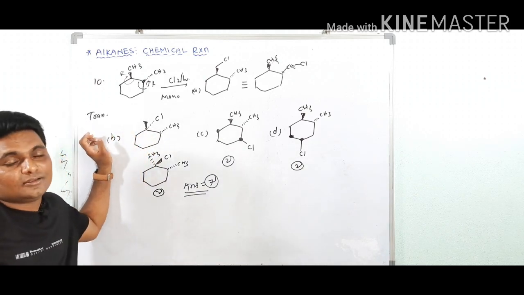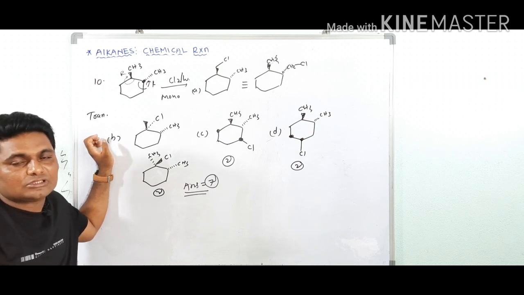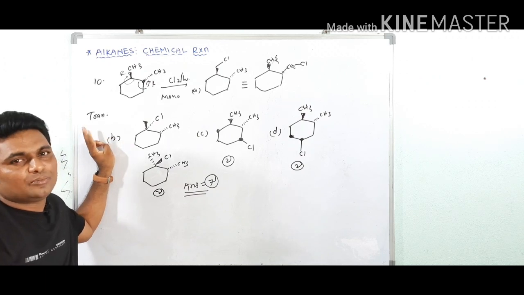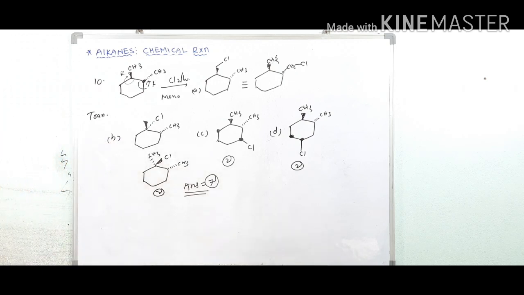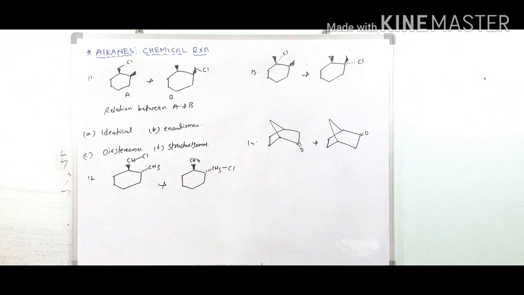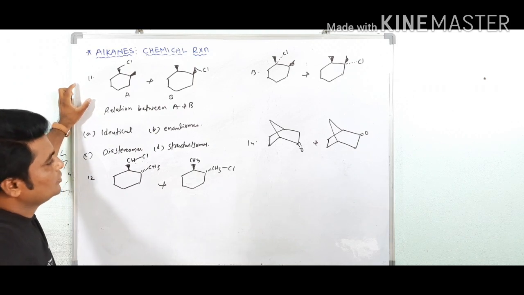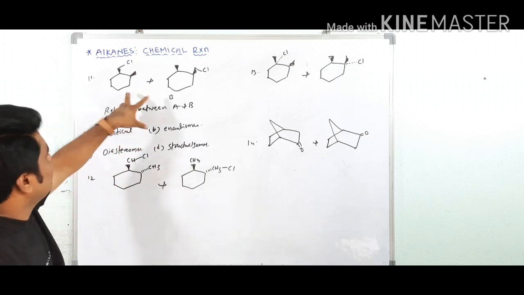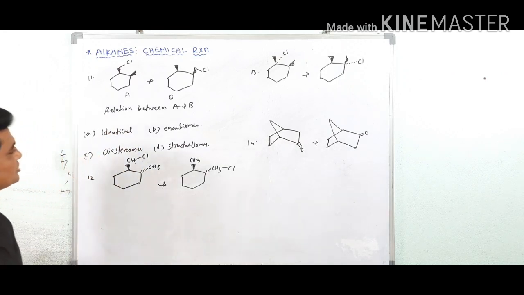Now these are the problems based on monochlorination. Okay, now I will give some homework problems and also I will give some RS configuration. 2 examples I will give for the RS configuration. Okay, write down. Now see, these are some important questions also. In counting the stereoisomers, I included also this one, RS configuration. Relation between these two compounds. 4 questions are there.